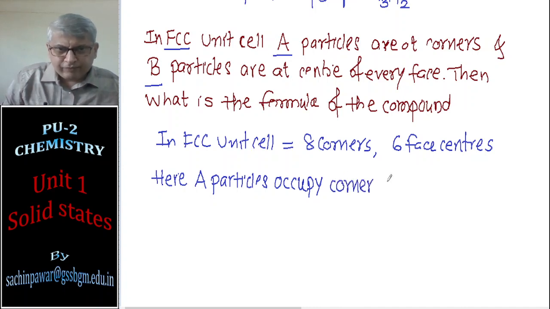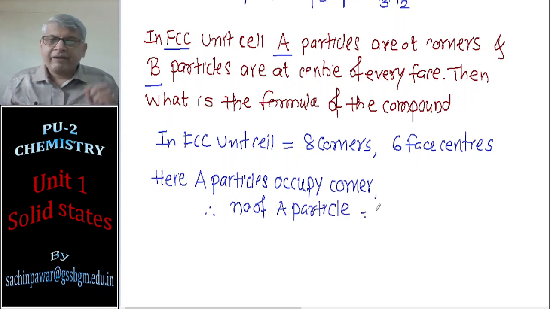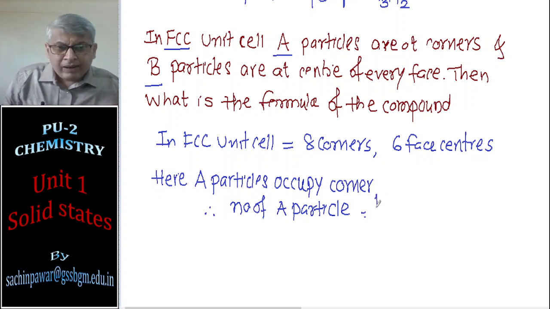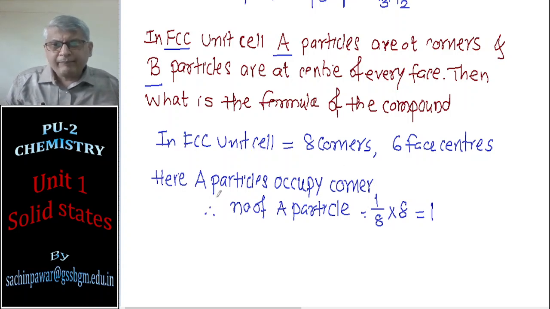So the number of A particles will be how much? Every corner belongs 1/8 to the unit cell. Therefore it is 1 by 8 into 8, that is equal to 1. Because 8 corners are there and all 8 corners are occupied by particles A,